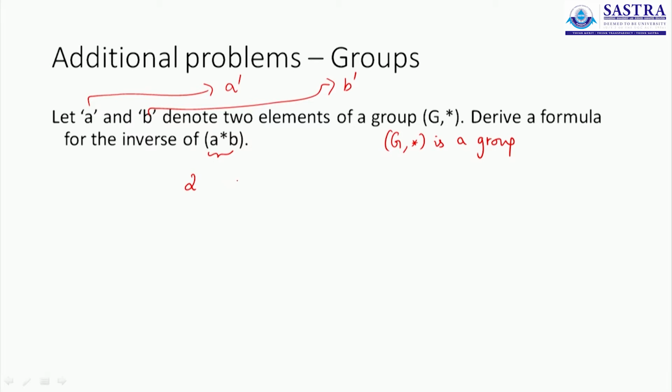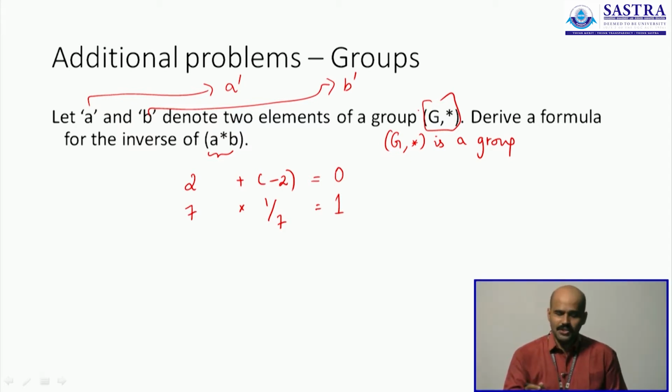We say that 2 is the inverse of minus 2 and vice versa. Minus 2 is the inverse of plus 2 because you operate these two and you get the additive identity 0. Similarly, with multiplication, we say 7 is the inverse of 1 upon 7 and vice versa. 1 upon 7 is the inverse of 7 because when you multiply both, you get the multiplicative identity, 1. Similarly, when we have a group G star, remember we are not dealing with particular groups and particular operations, we are dealing with a general description of a group.